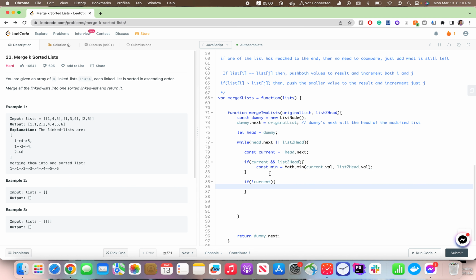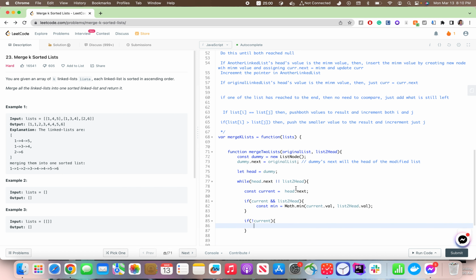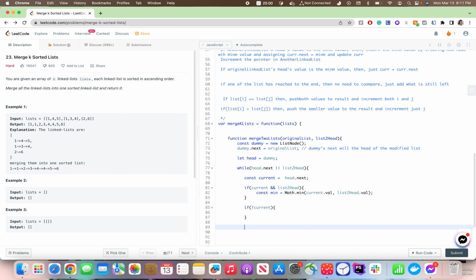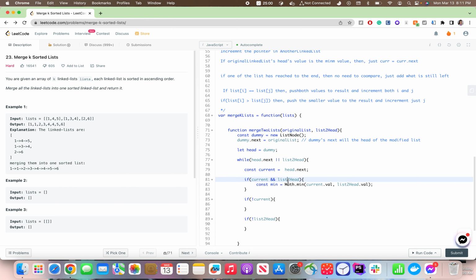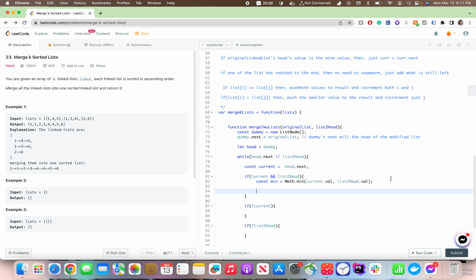Otherwise, if current is not present, or if one of them is not present, because that might also be the case. If both of them are present, then this is the case, right? I'll find a minimum value and then